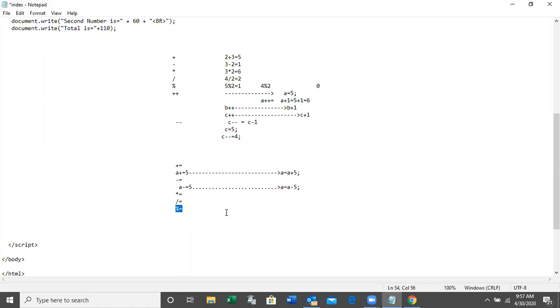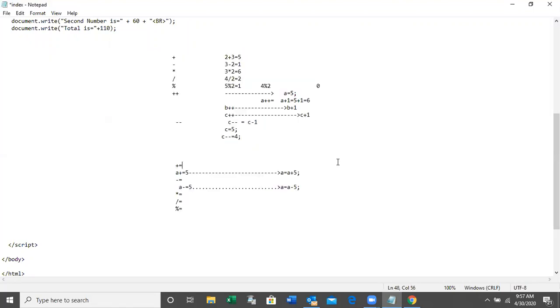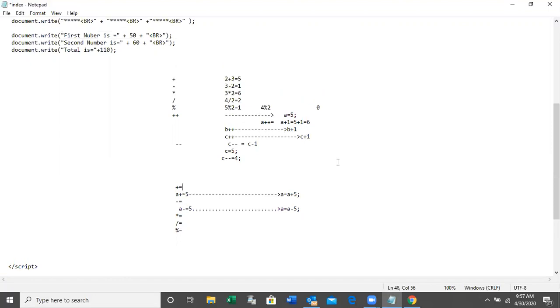Any doubts so far? Anything else to ask? If I need to repeat anything, please let me know, I will repeat it. If you want to write these operators, please write them.